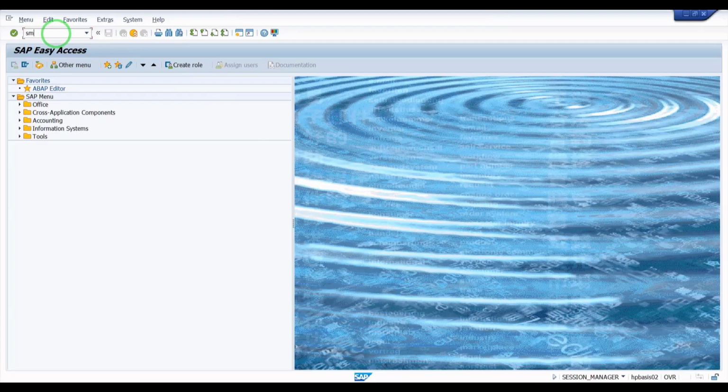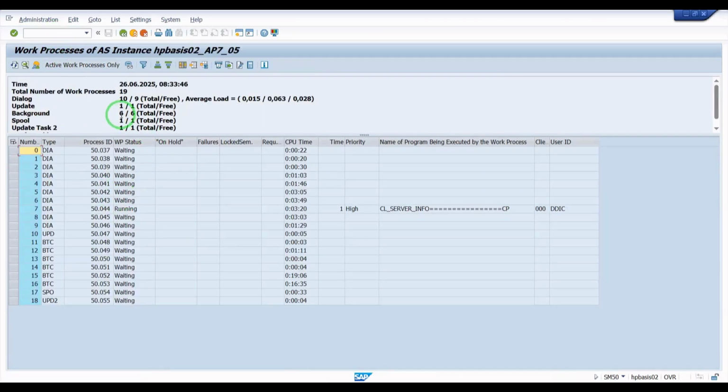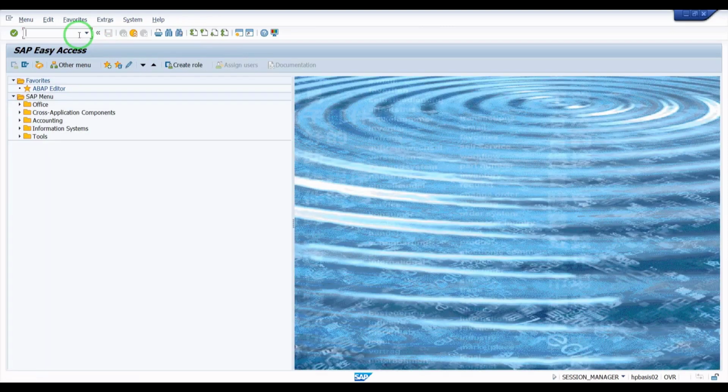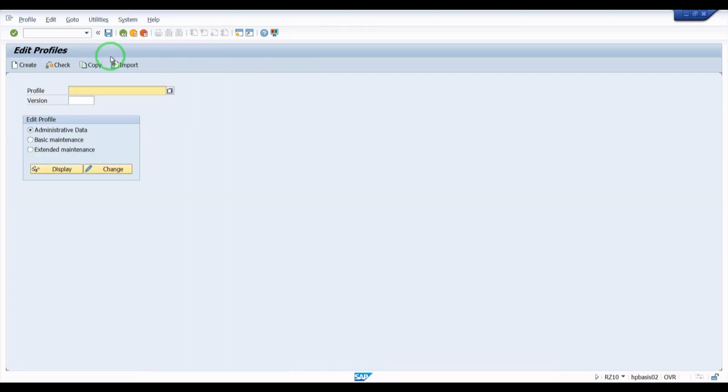First we need to visit SM50. We are going to check whether the background work process is available or not. If everything is 0, we have to increase the background work process. Where can we increase the background process? In RZ10. You just go there and select the default profile,